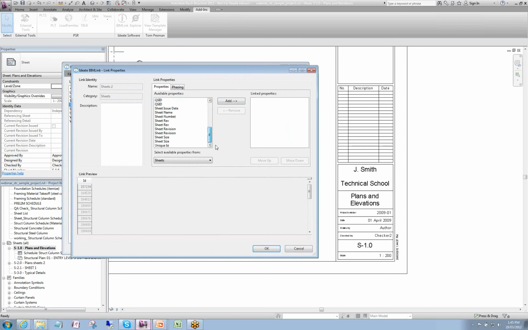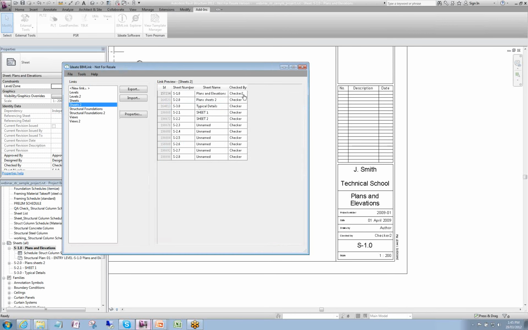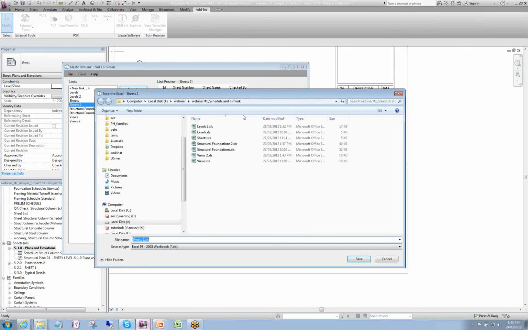Okay, so if I've got sheets at the moment, I'll do current number, current name, number. In this case I want to fill out check by. So I've got check by, and I'm going to fill out author. It's not that, sorry, can't do author because it's not a parameter set up. That'll do for now. So in this case, then export,